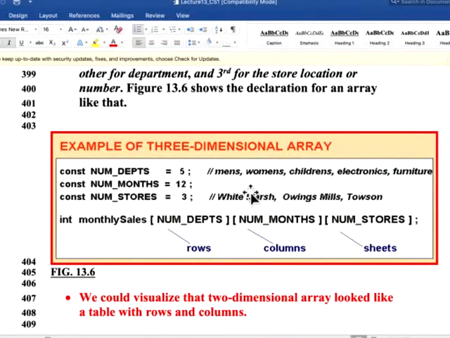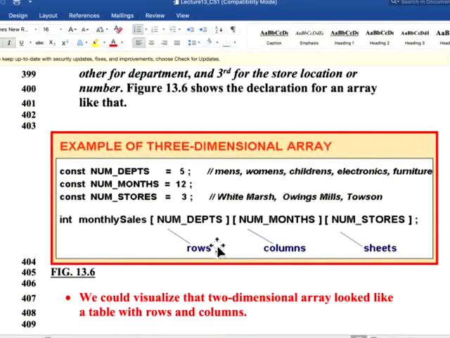So the way indexes or subscripts are assigned are: men's will become 0, women's 1, children 2, electronics 3, furniture 4. And we have num months 12, so 0 for January, 1 for February, and so on, and 11, index 11